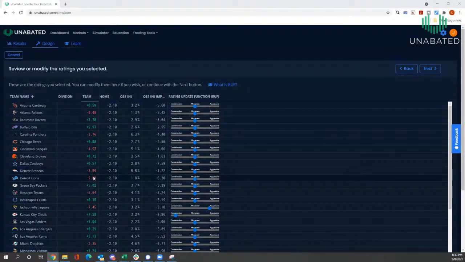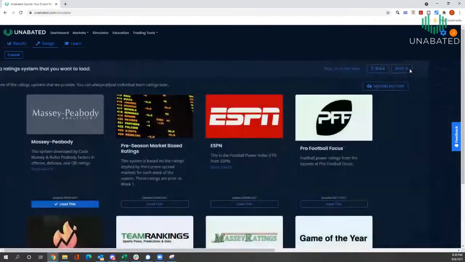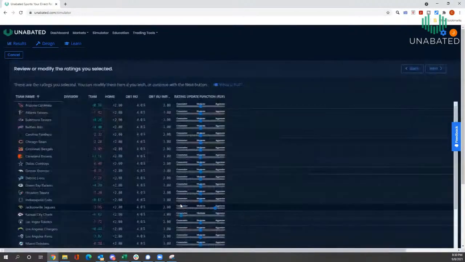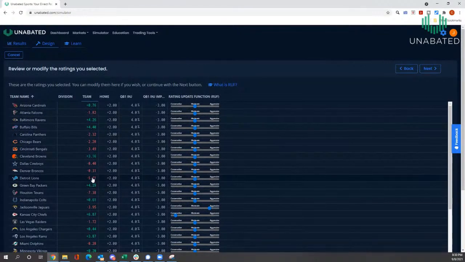Now, if somebody's on this screen, you can edit any of these numbers. I probably should have mentioned that. If you think Green Bay is not going to be a good team, you can edit the numbers. Let's go back to that market-based rating, because that's where we were before and it's a good example. If you think Green Bay is not going to be that good, you can set their power rating down to 3. If you think Houston is going to be so bad this year,